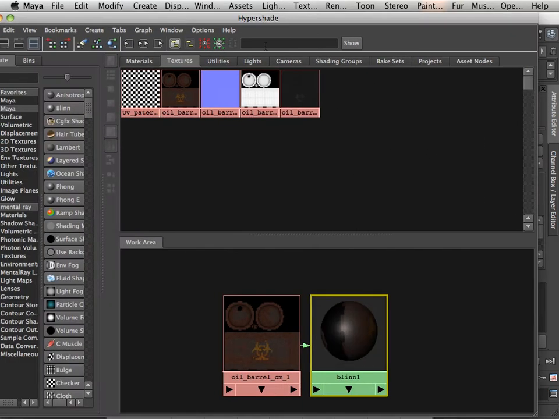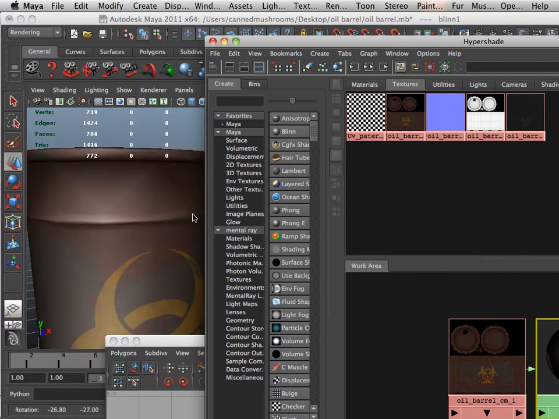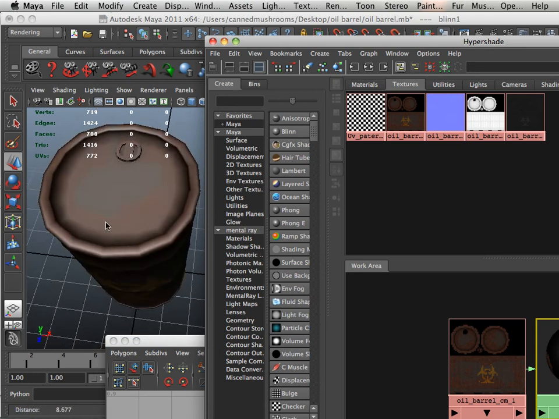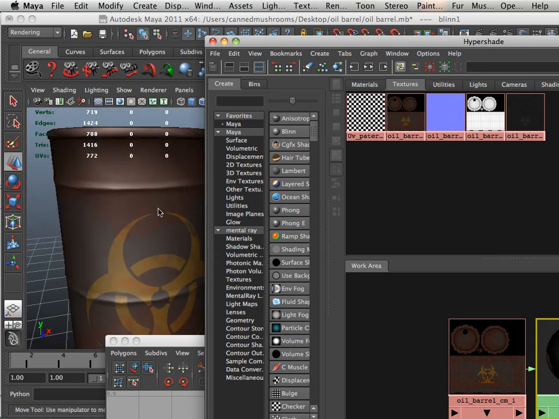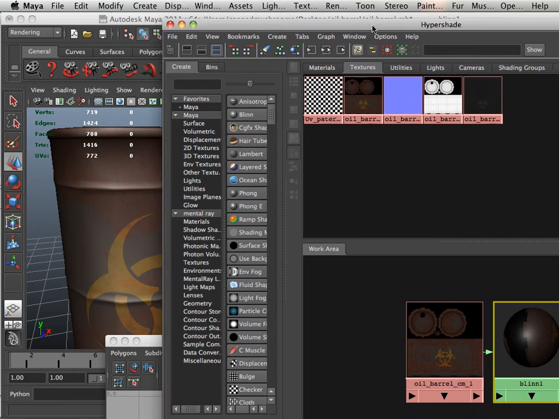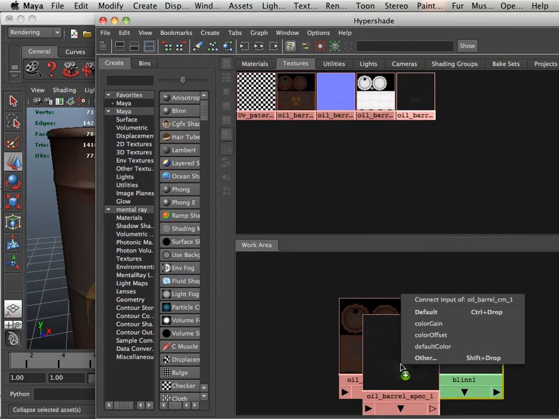You can use a blend all the time. The fact is, though, barrels aren't shiny. See, now I got this huge, super shiny barrel. I would say only certain areas would be shiny on it, if any. So this one right here, middle mouse button, click and drag